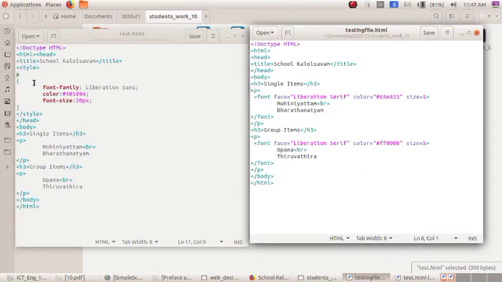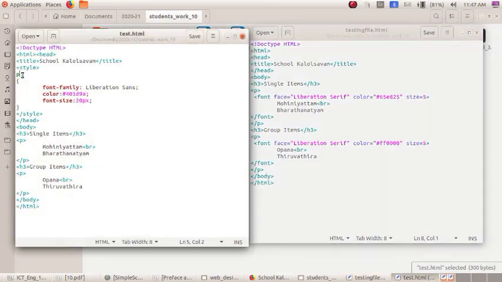But here I have never given any attribute or tag just below the paragraph tag, only the contents. Instead of giving the tags here, I have given the name as P without the angular bracket, and I have opened a curly bracket.